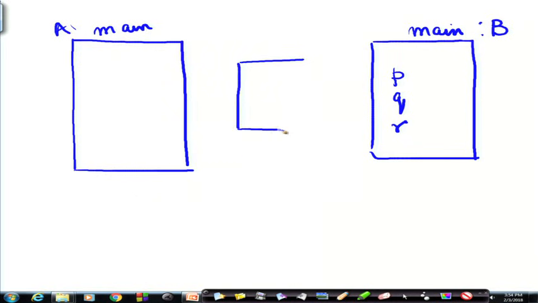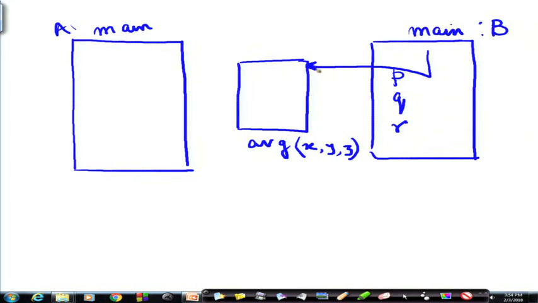When I use this function average, which has got 3 arguments X, Y, Z, which are nothing but 3 pipes, and when I call this function average from some point, then I have to pass these parameters P, Q, R to these arguments X, Y, Z. So, P will go to X, Q will go to Y, and R will go to Z. Okay.